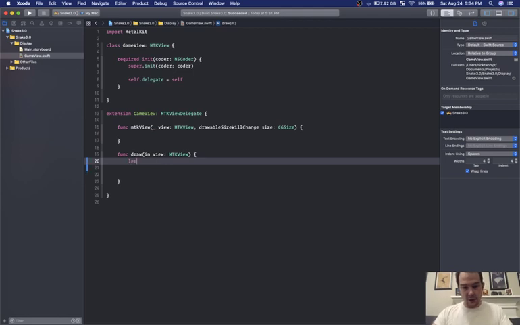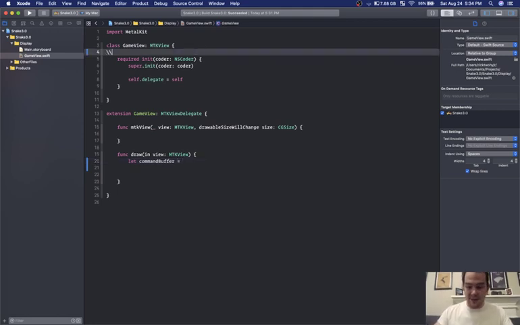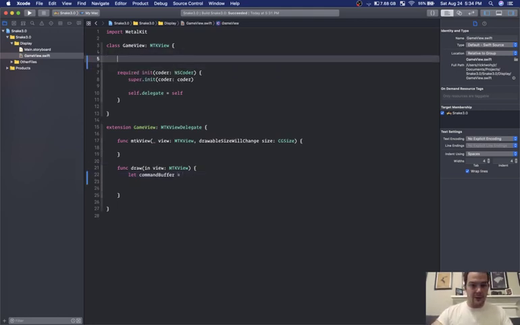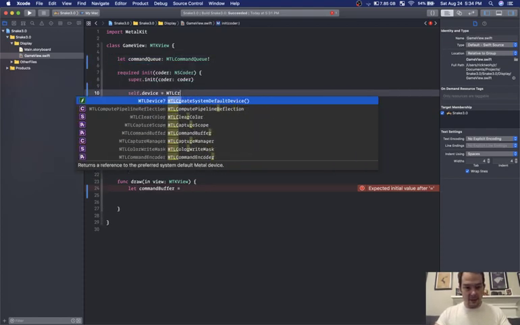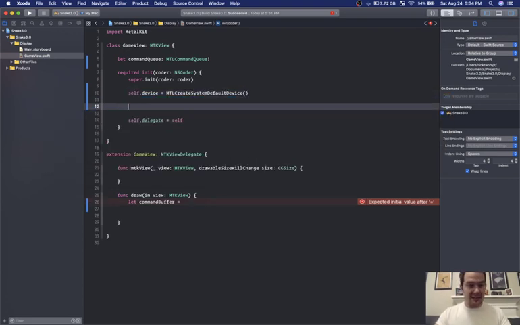Yeah, so I can go let command buffer equal. We need a command queue. So the command queue generates the command buffers. So as you can see, I'm not actually going to be going over this like a tutorial. I'm just going to do it. So let command queue equal MTL, or as an MTL command queue. And then I also create system default device. Need to instantiate the device. Now I can create self.command queue equals